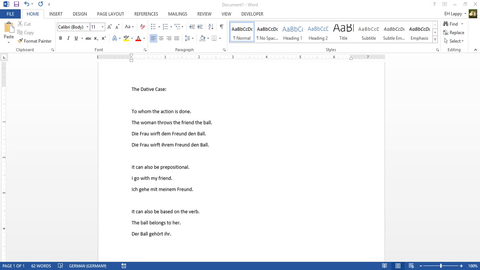Hi, I'll be explaining the dative case. So the dative case is known as the indirect object case, and in this first situation it is to whom the action is done. As an example, the woman throws the friend the ball, and as we can see here,